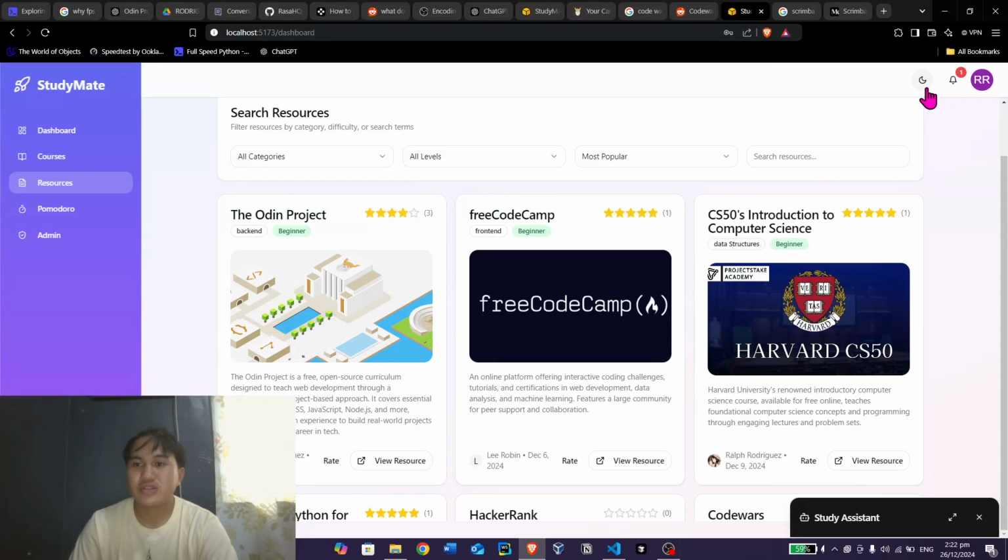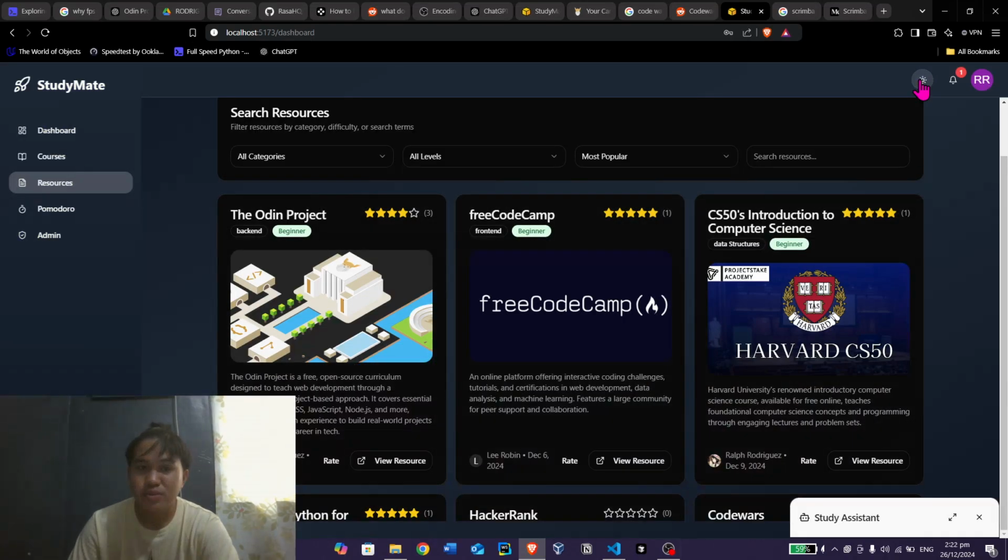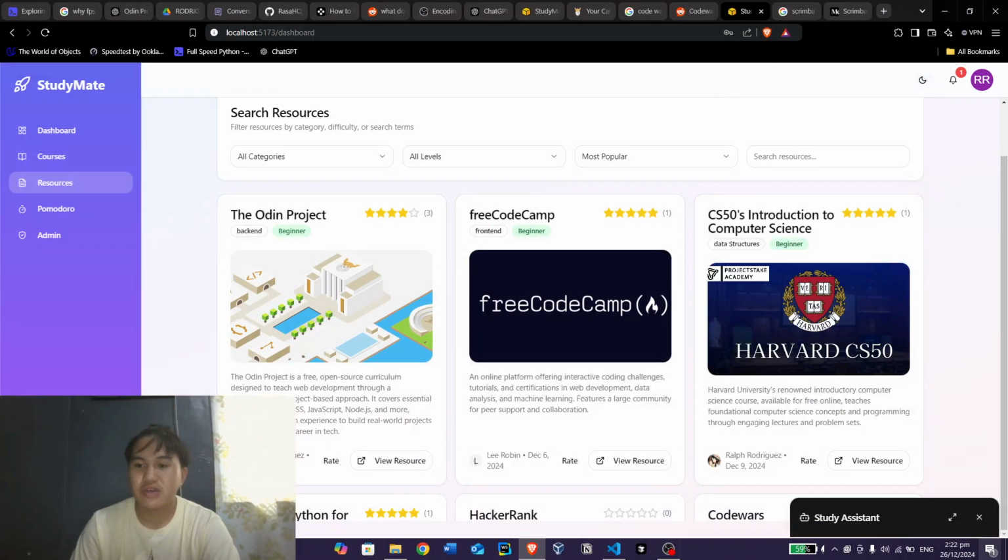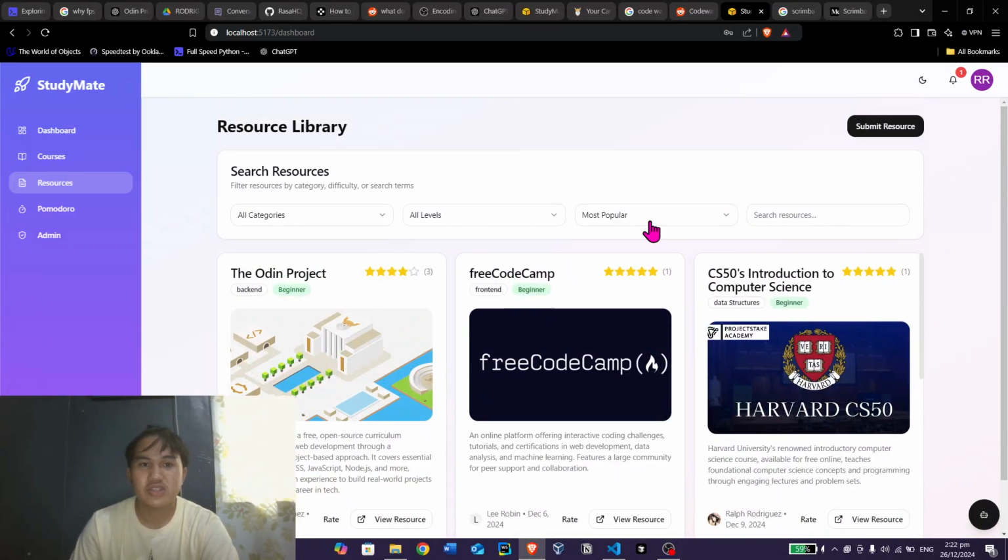And also, sir, I have a dark mode and day mode toggle button here. If you prefer dark mode, you can click it. And I prefer white mode. So I think that's all the features of my system, sir. Of our system, sir. I think I'm finished, so you can log out, sir.